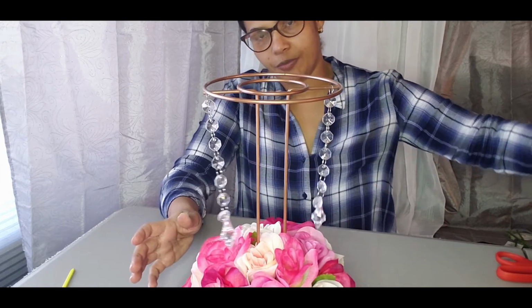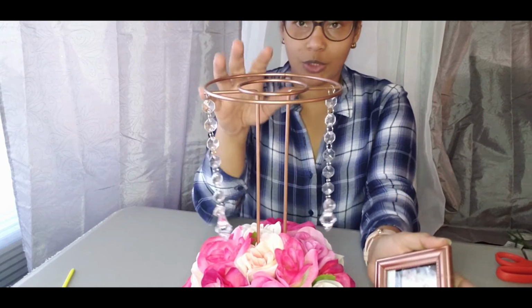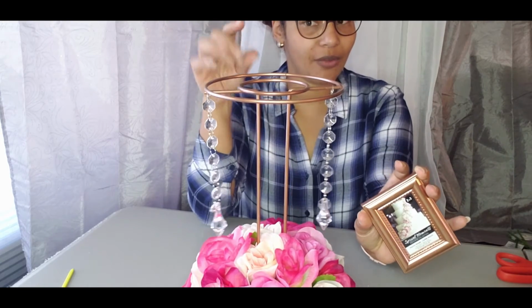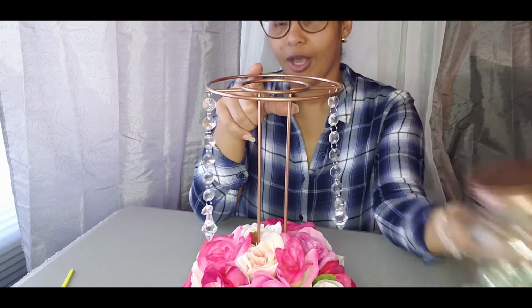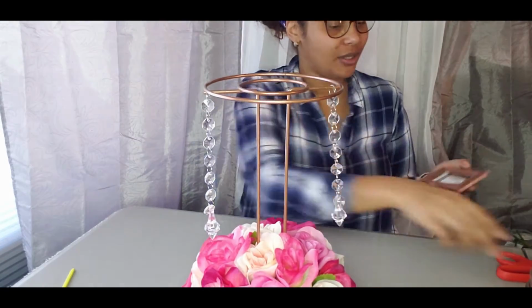here comes the picture frame. I kind of thought about it. The original version of this didn't have this. I just kept in my mind, oh, that would be cute to have either hanging here or inside the jar. Well, surprise, surprise, it doesn't fit in the jar. So I decided to suspend it on